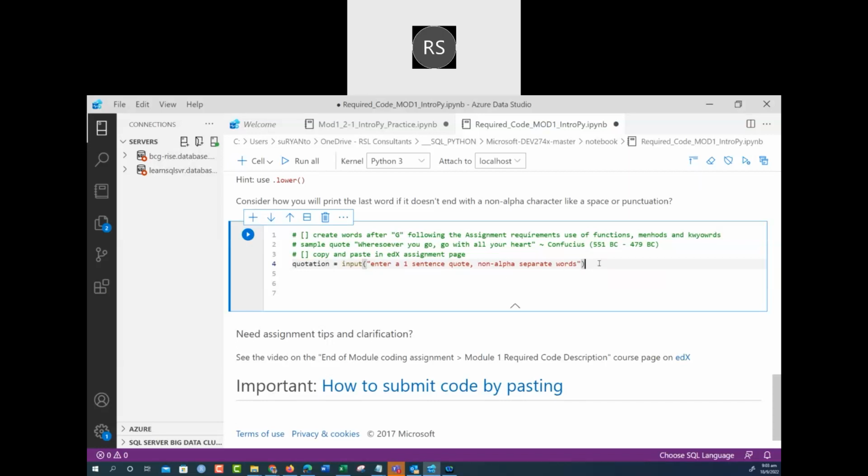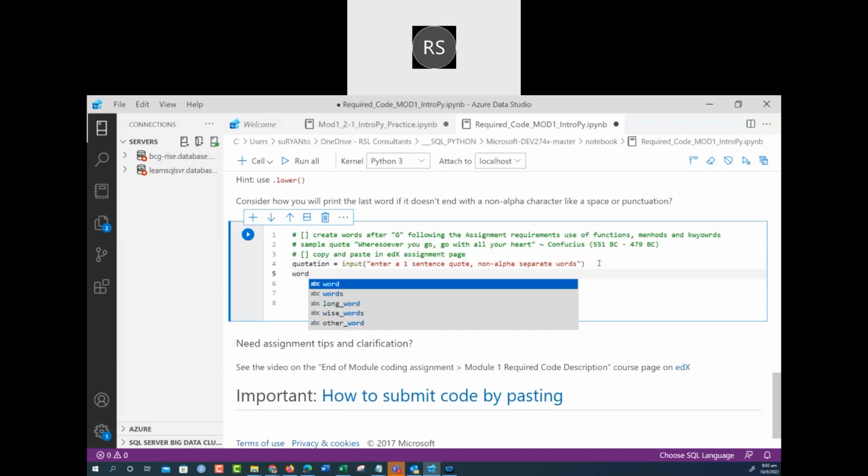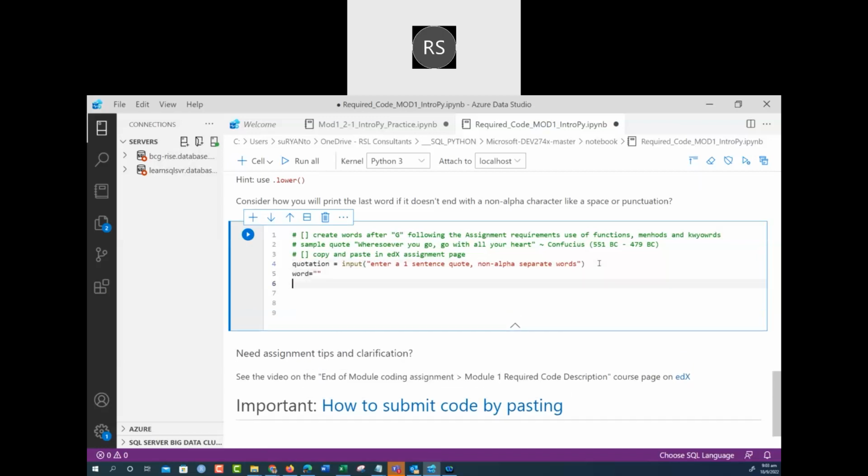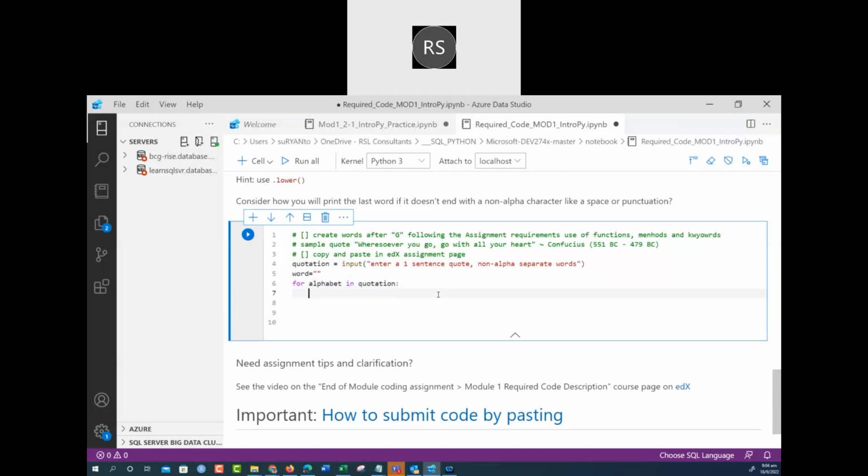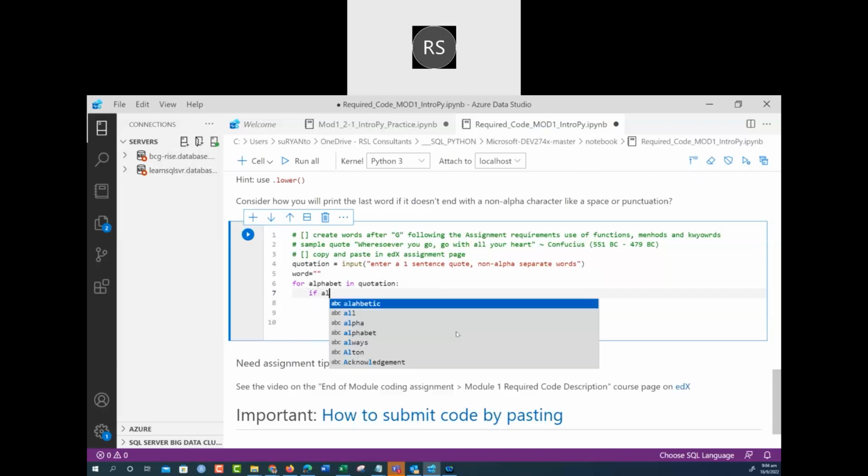After that, we're going to create an empty variable. Start with the empty string, and then check for alphabet. Remember that this one is up to you. The name of the variable can be alphabet or can be letter. In quotation, that input. Don't forget to put the colon after this. Then check if alphabet